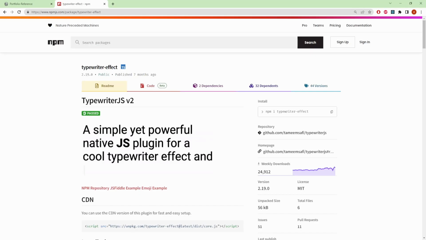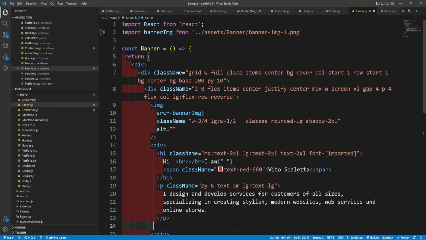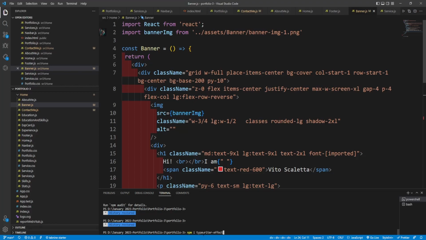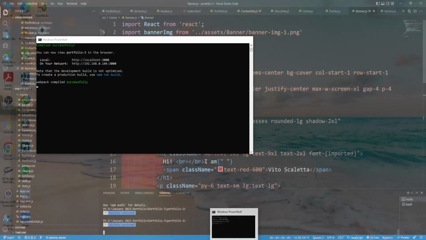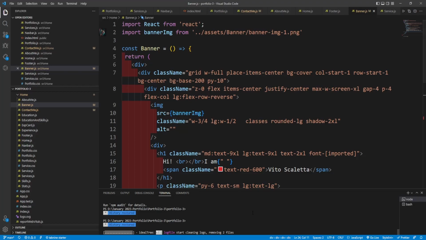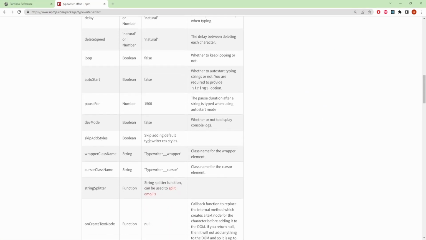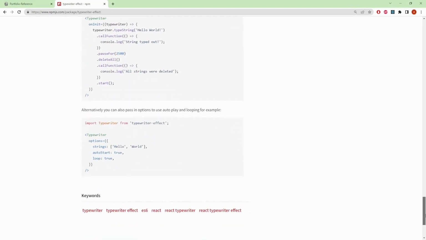Then go to your VS Code, Ctrl J, and then install it. After it has done installing, you go to this page, and at the bottom of this page you are going